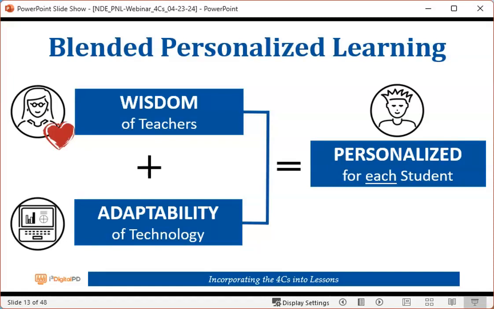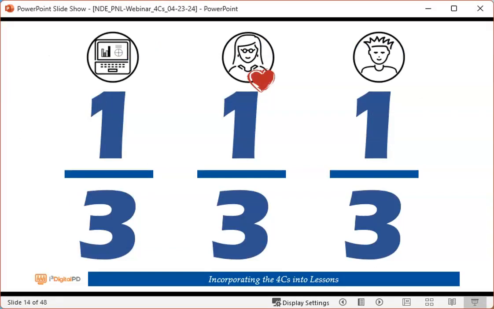So you can see here in this very simple math equation, the thirds. You see the teacher, you see the technology, and you see the student. So again, those are our thirds. A third of the time, we should think about how can we release the learning to technology. Allow the technology to carry some of the learning. How can we release some of the learning to students? And we've seen a lot over this series of 12, such as playlists, project-based learning, choice boards. Saw that over in the chat earlier, right? A third of the time releasing to our students, so that 2/3, those outside, 1/3 to the computer and 1/3 to the student,